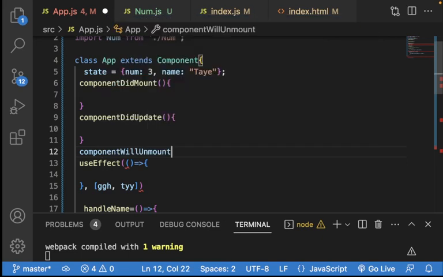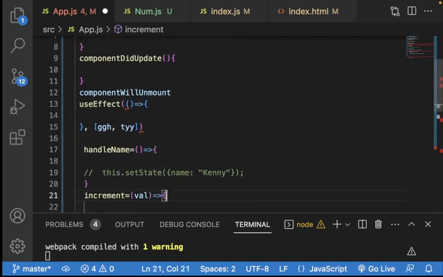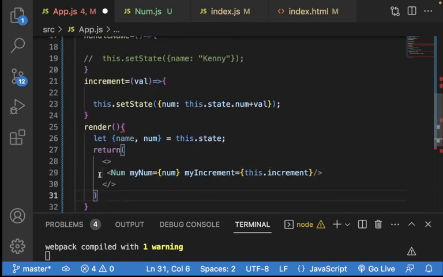So we also have the componentWillUnmount. It is called whenever it's about to remove a component from the screen. Imagine you have something like this. Maybe you can say if the value of name is Taye,